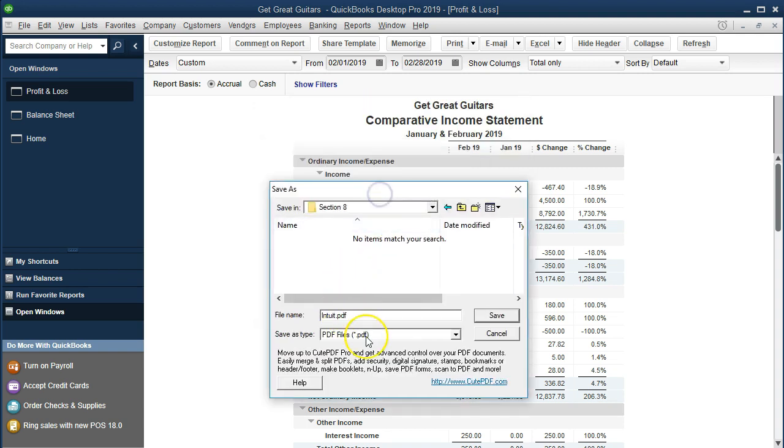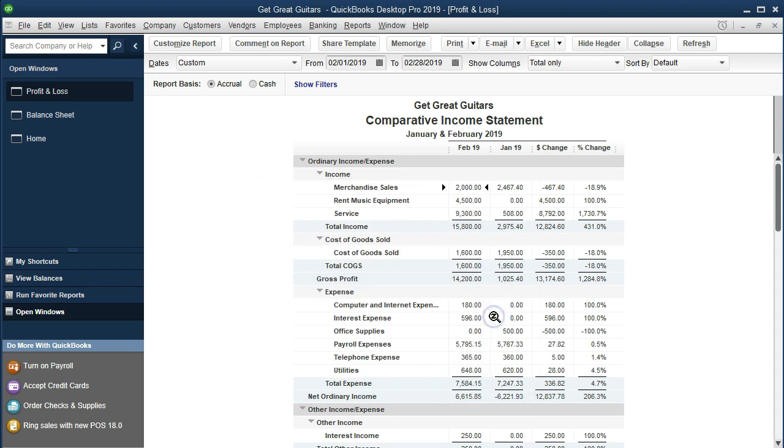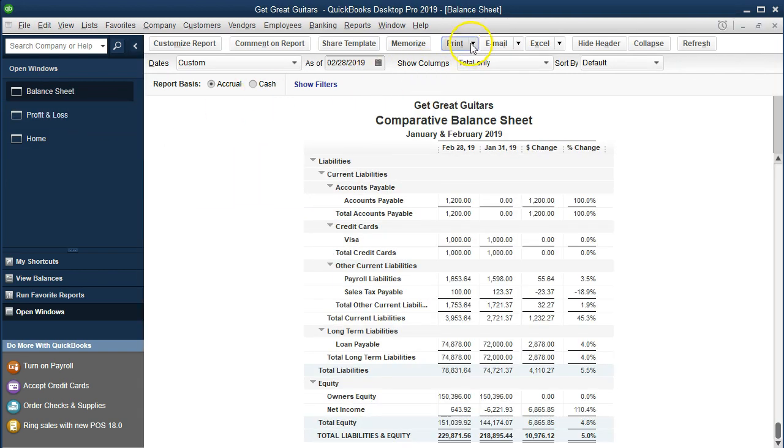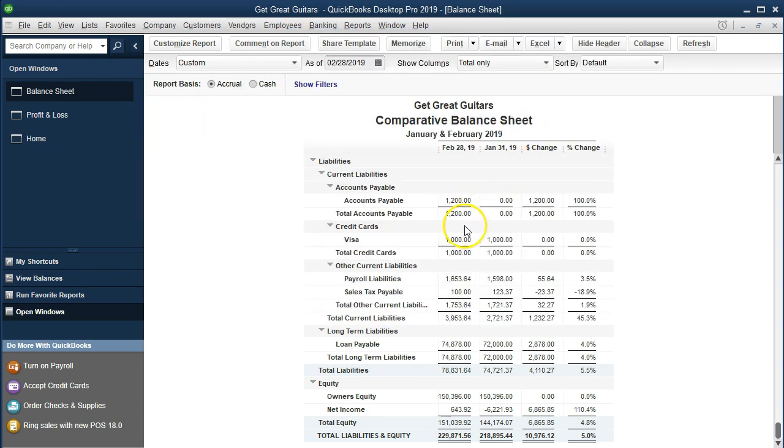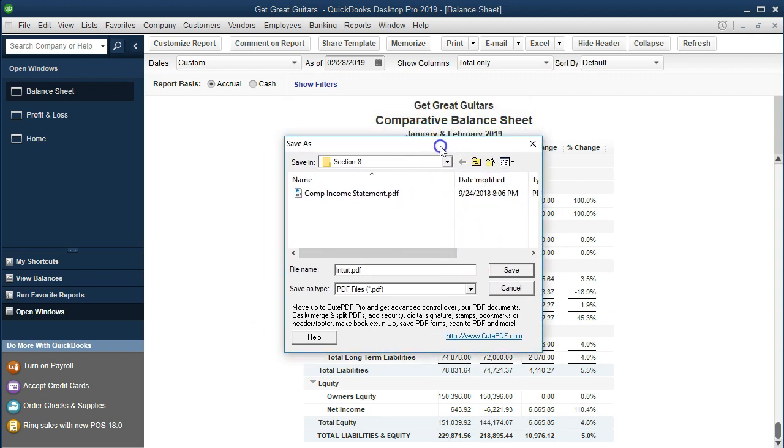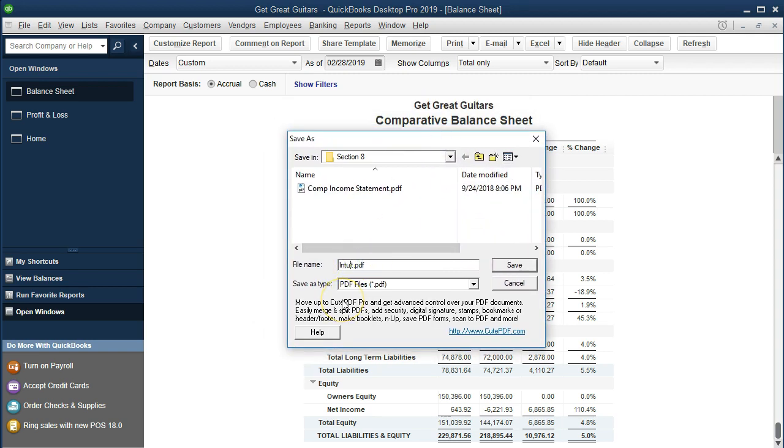And I'm just going to call this one the Comparative Income Statement, and say save that. And so then I'll do the same for the balance sheet. We'll go to the balance sheet and we'll say print report, but we're going to print it to the PDF writer. Okay. And then we're going to save it. It's going to the same location, and we're going to call that comparative balance